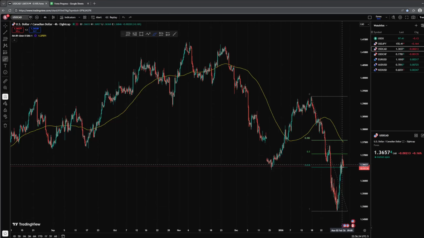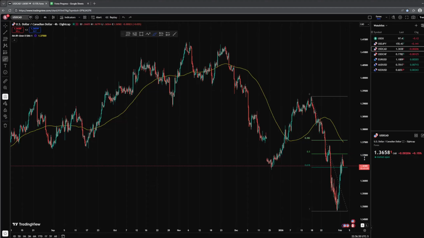According to my system, I like the market to retrace at least the 50 to 60% zone here. Then it will be a perfect opportunity to sell Loonie. Until then, we can wait a little bit longer. It looks like the market has already retraced to the 40 to 50% zone. And if it retraces once again into the 50 to 60% zone here, it's a perfect opportunity to sell